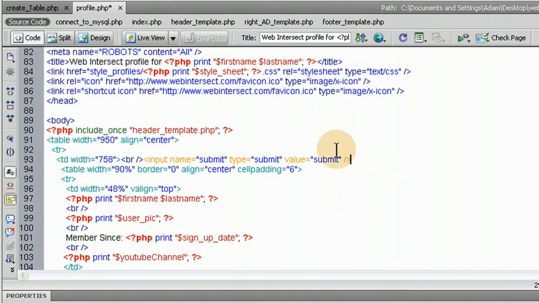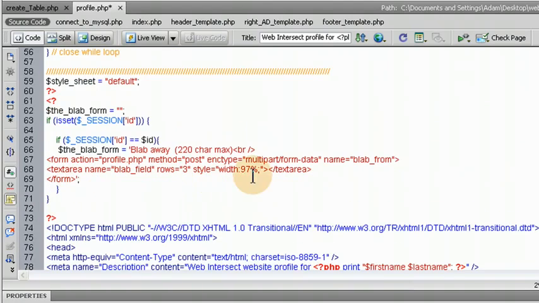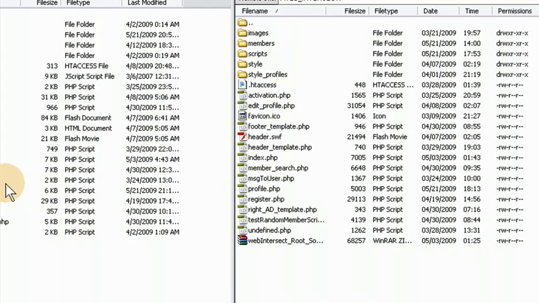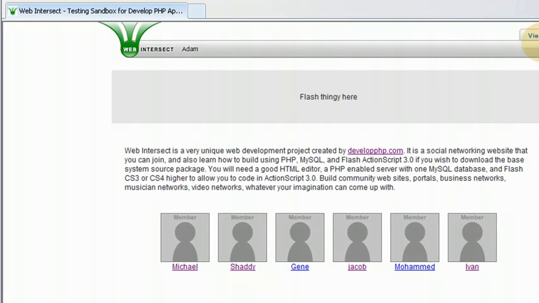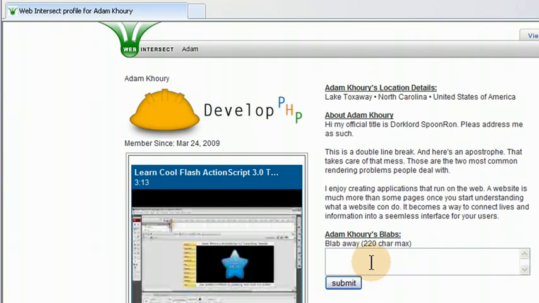Let's grab that, Control X, put it up here where it needs to render out, save, FTP, and now we should have a button. Let's view profile. Yep, now I can blab away and press submit,